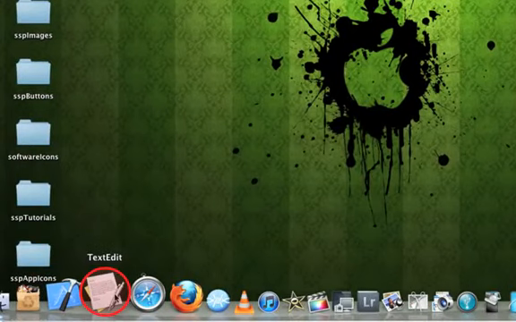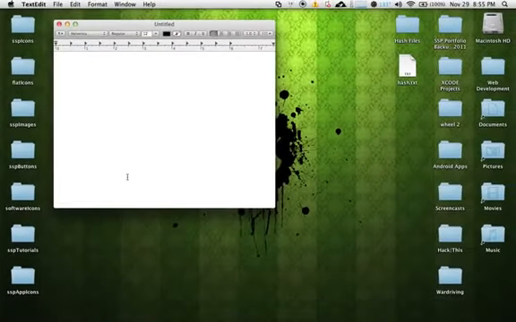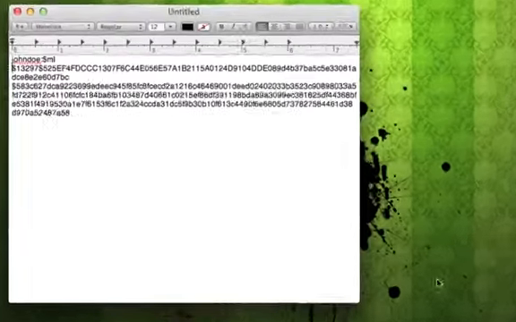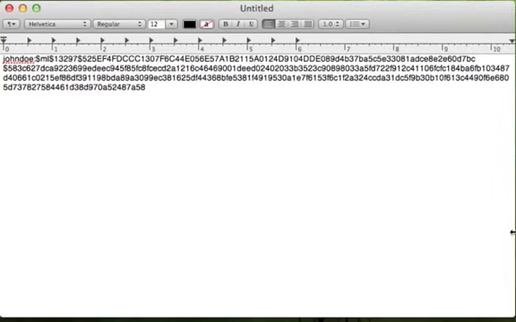I prefer TextEdit if you're using Mac. If you wrote the hash on a piece of paper, you can go ahead and manually enter the hash into the text file, or if you took the easy route and stored the hash on a thumb drive or emailed it to yourself, you can copy the hash and then paste it into the text file. Now this is what your